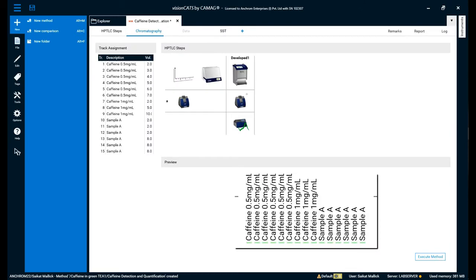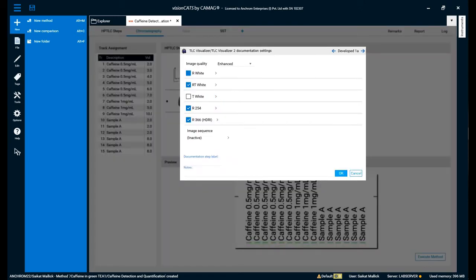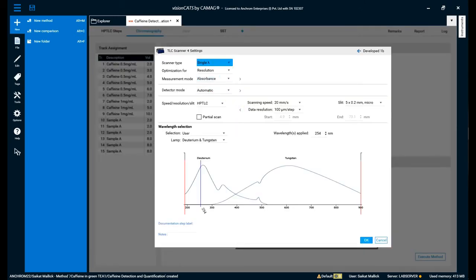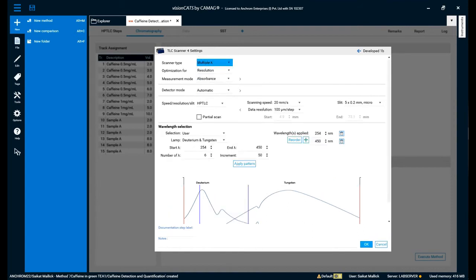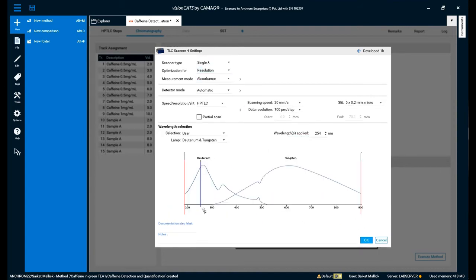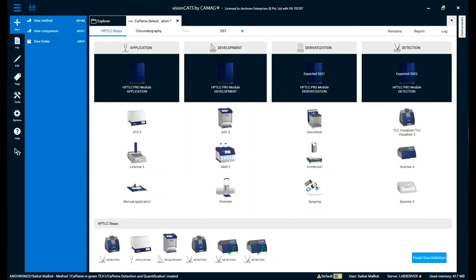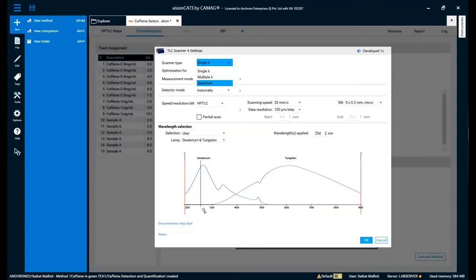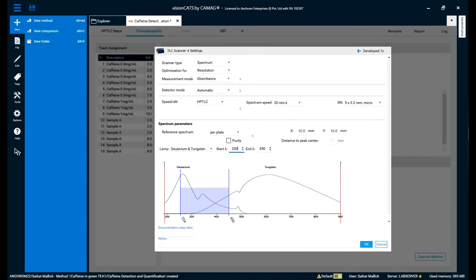All the parameters are filled in and you can execute your method. Once you click on execute method, a new file will open which is known as the analysis file. Fill in all the scanner parameters.